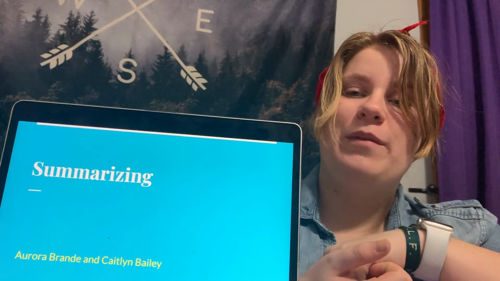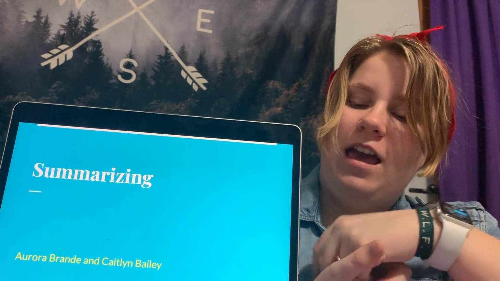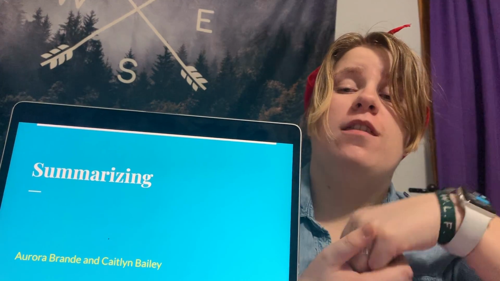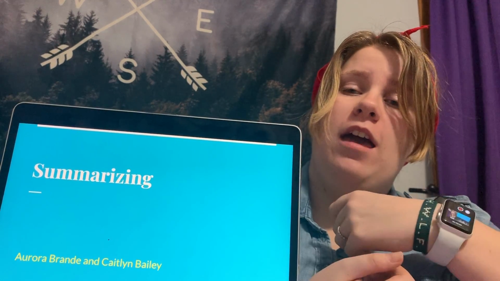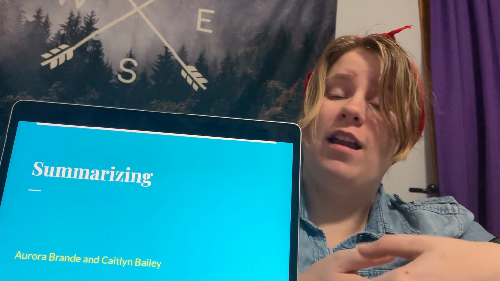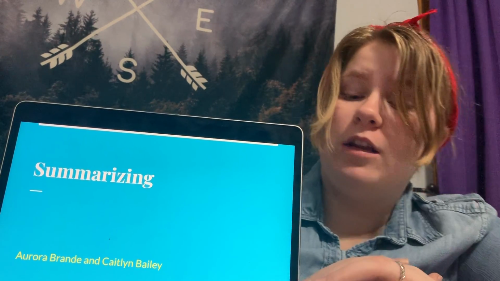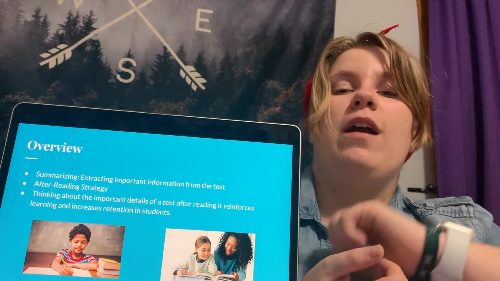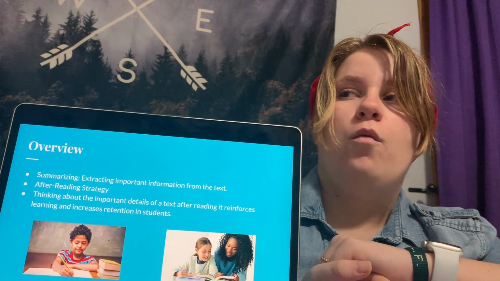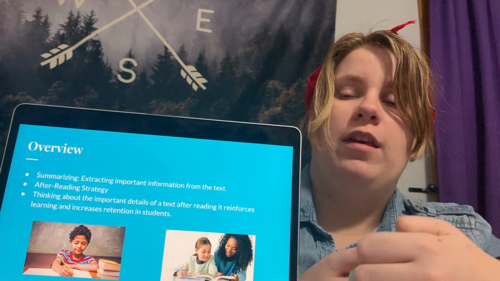Hi guys, I'm going to be talking about summarizing today and how it's a great strategy that we can implement within our classrooms, and how to implement this with different studies as well as just different examples of how to do so. Now, summarizing is a great after-reading strategy which helps students retain information by having them put the